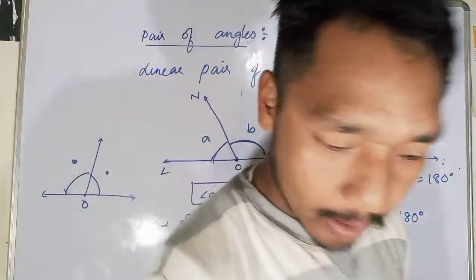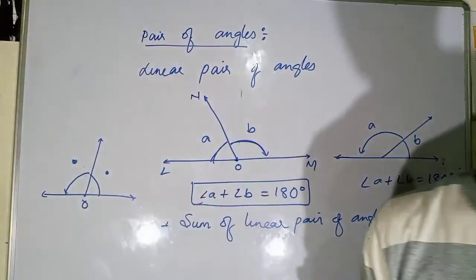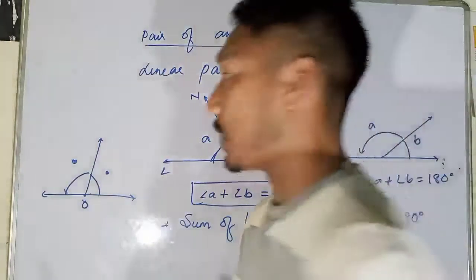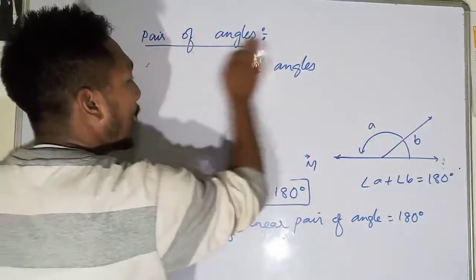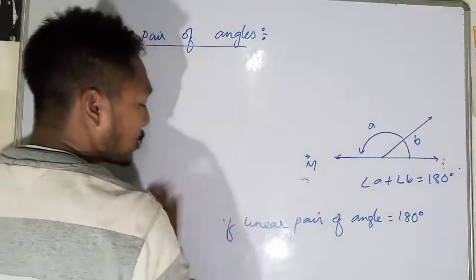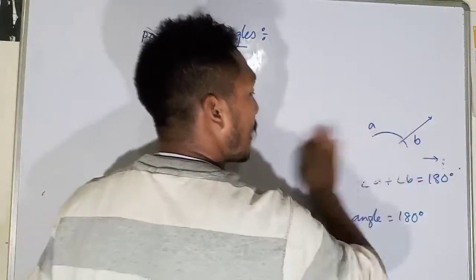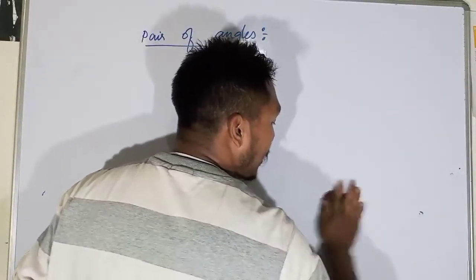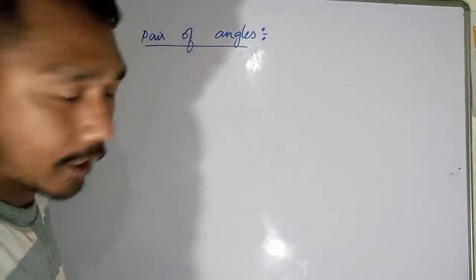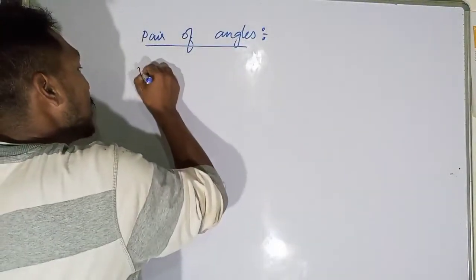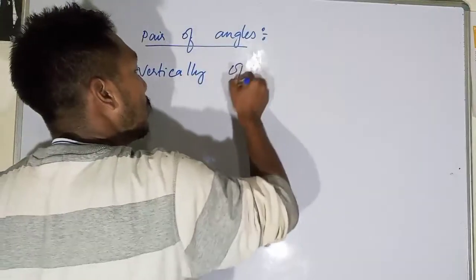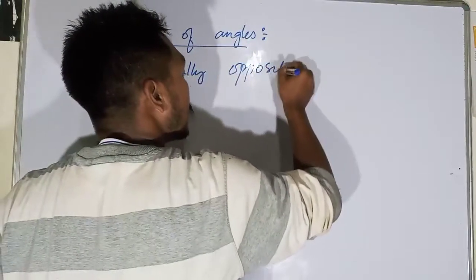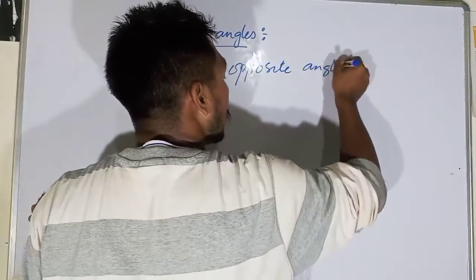Next, let's talk about the next topic, vertically opposite angles. What are vertically opposite angles? We have discussed adjacent angles and linear pairs of angles, and now we are talking about vertically opposite angles. Okay, so if two rays